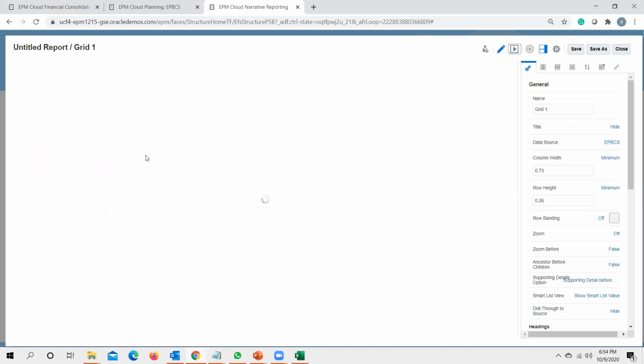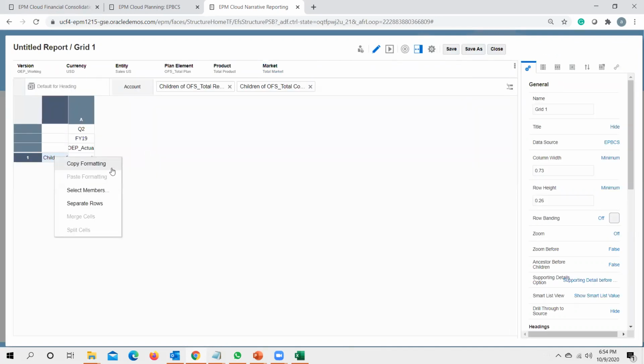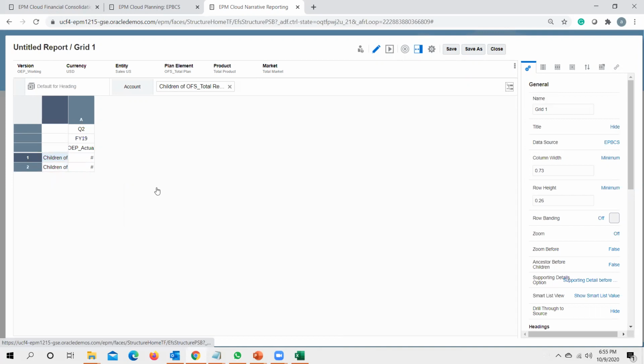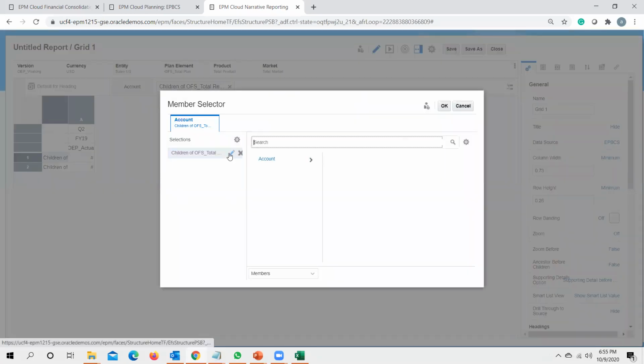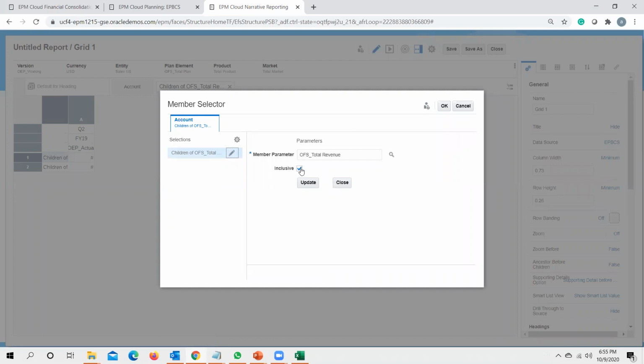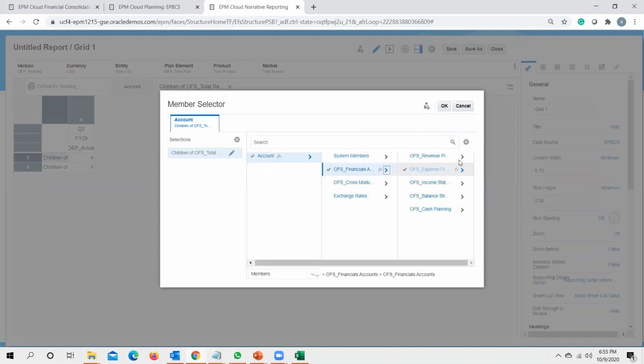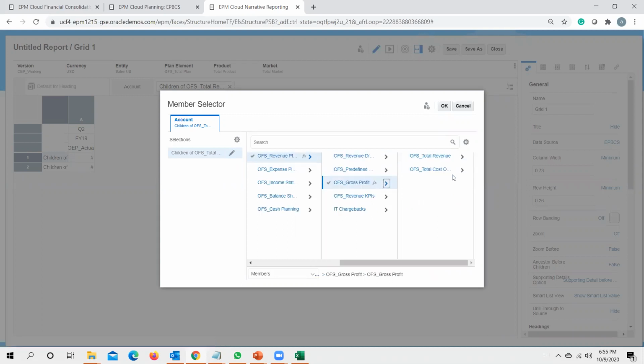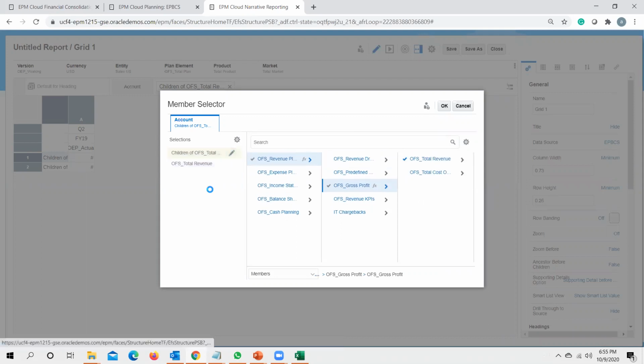Now I could just separate these rows, and once I separate this, I will have two separate rows in here. So I want to bring in my total cost of sales as bold. So I just remove this inclusive and I just bring total revenue again under this particular head. I just go to total revenue planning and the gross profit. I want to keep my total revenue as a separate member in one of my row. I just click OK,